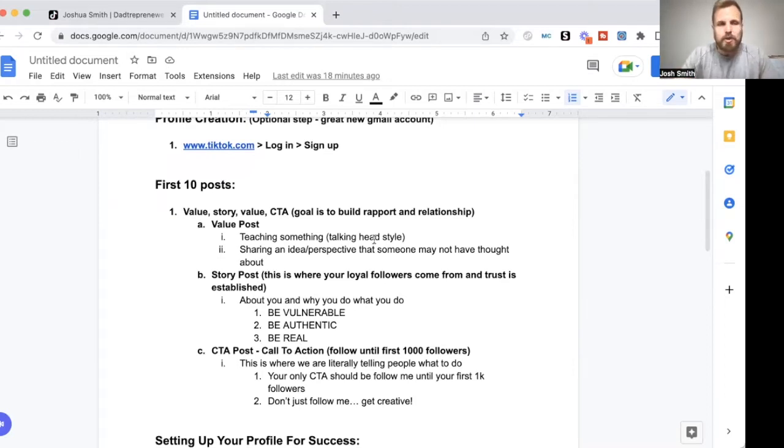You can do screen shares or things like that when you start to get better at it. But basically, you're just going to be sharing ideas or a perspective that someone might not have thought about. That's another value style of post. So basically, just teaching people something and then sharing something motivational or an idea or a perspective that somebody might not have thought about.